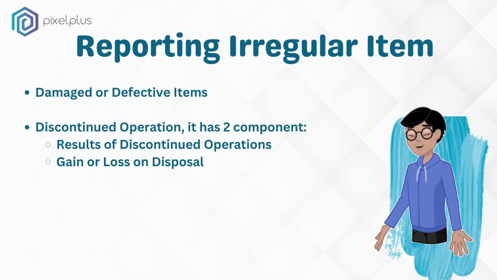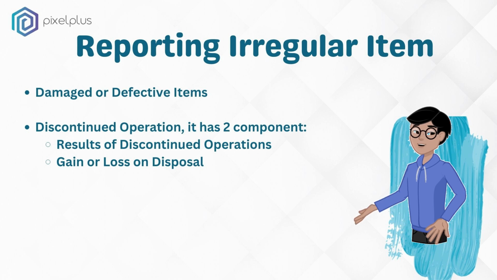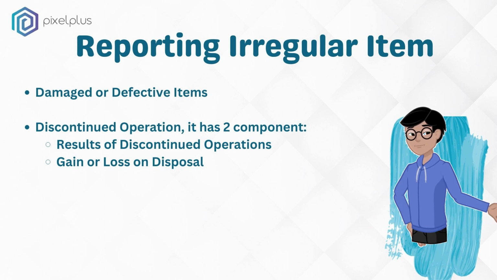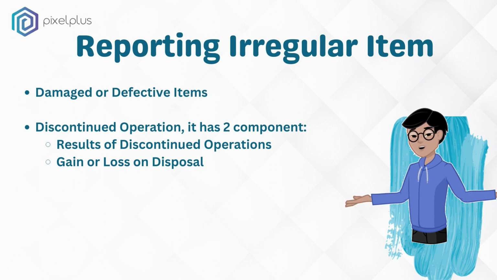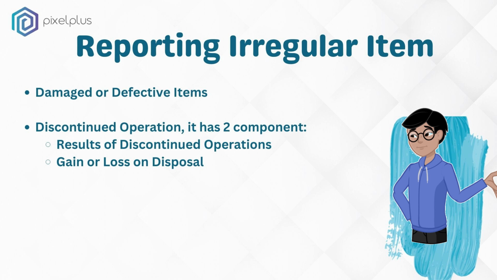First one is the defective or damaged items. And the second one is discontinued operation. So what are the defective and damaged items? Defective or damaged items are the products that cannot be sold at their nominal price or their normal price due to defects or damage. These items result in a loss for a company and are typically reported under the cost of